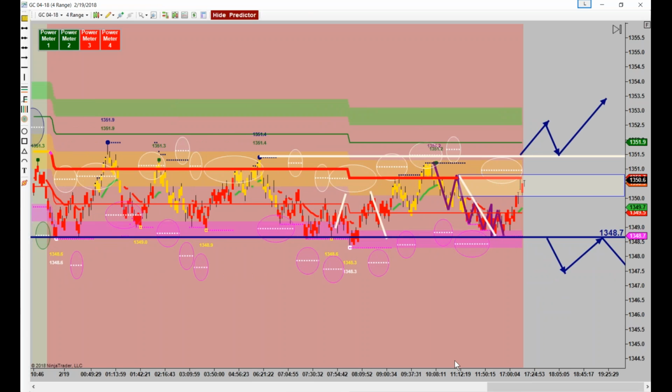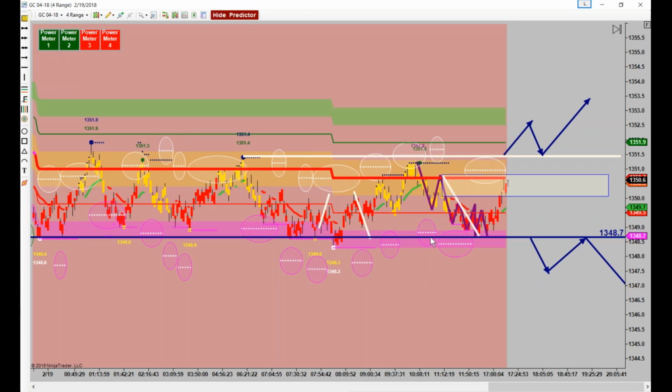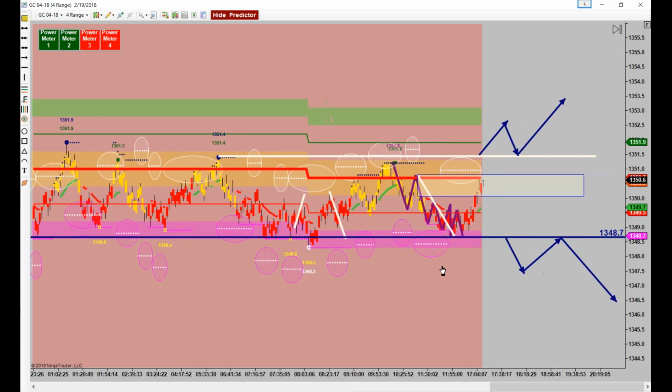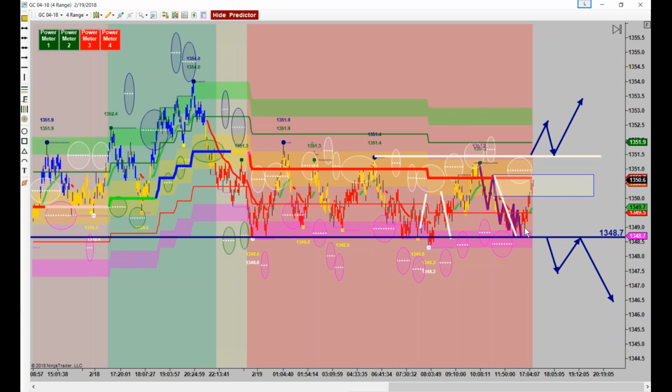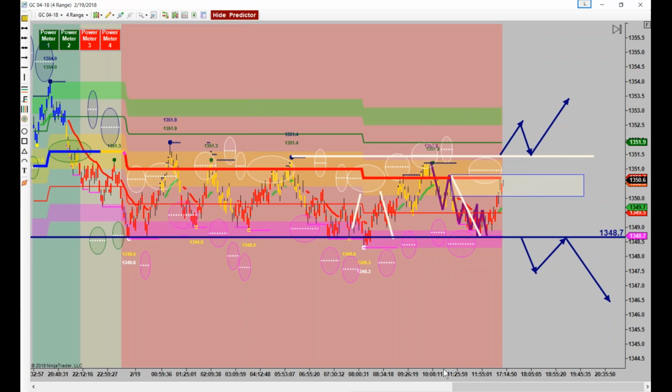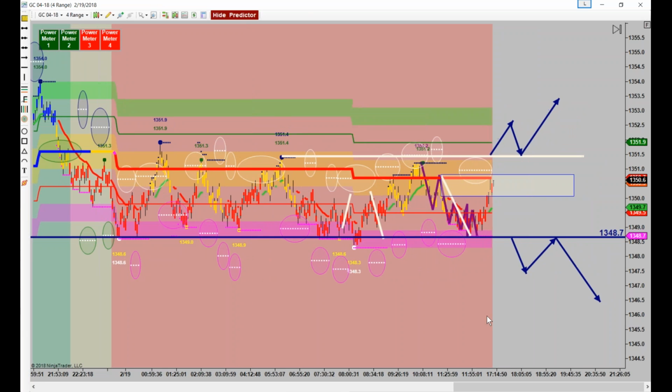Okay. So we would be ready to box this in, right? Okay. Now keep in mind when you box in something like this, if it doesn't go ahead and break through this with a vengeance, you're going to want to protect some coin. Okay. Because when you're sideways like this, you are in a scalping mode. Now, does that mean that this won't break down and take out these lows? No. But keep in mind that if it doesn't and it bounces, you want to pretty much be out of it fairly quickly based on, again, lightning that we're going to be talking about quite a bit tonight.